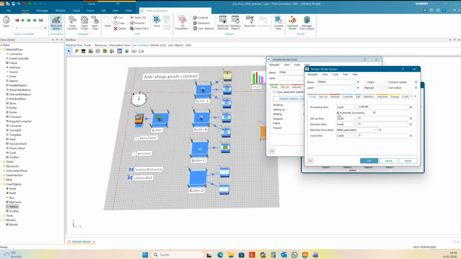You can deactivate automatic processing, move the part to the machine, and then you wait in the machine until the time you have scheduled in your system, or until the simulation time has reached this time, and then you can start the processing with SimTalk.